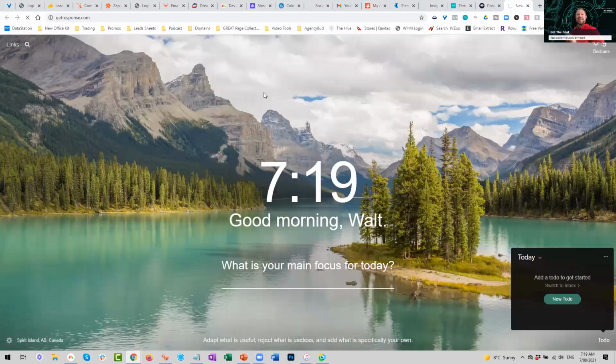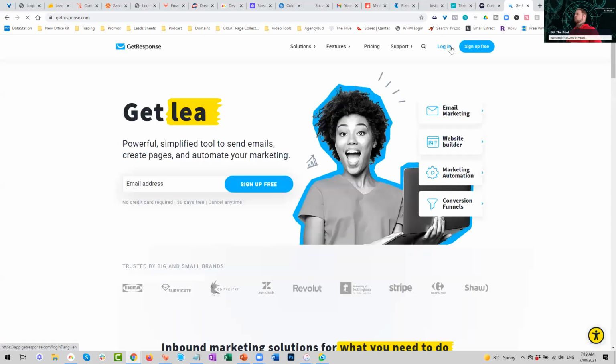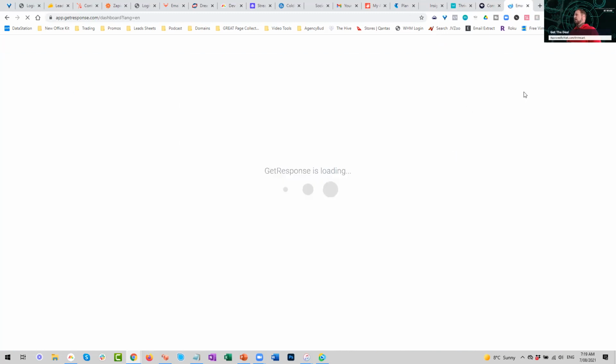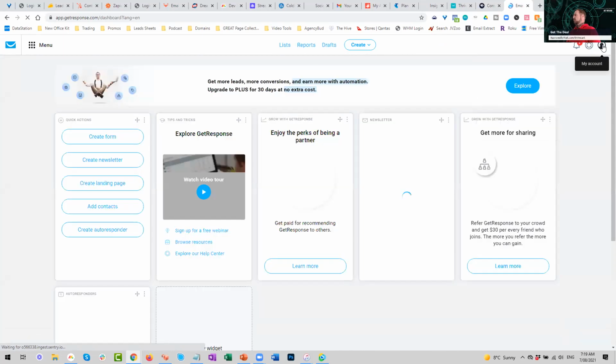So logging into any one of the autoresponders is going to be the same. I think Aweber is the only difference where you don't have an API key, you have just a username and password. But getting your API key from any of the autoresponders, they all have an exact place to get that. I know in GetResponse, we are up in the top right-hand corner in settings, and straight from there is integrations and API keys. So all you need to do is come across to your accounts,